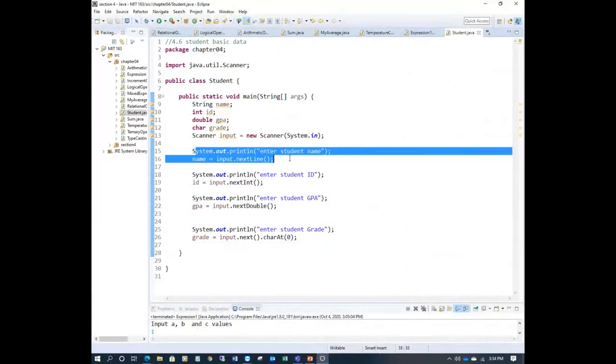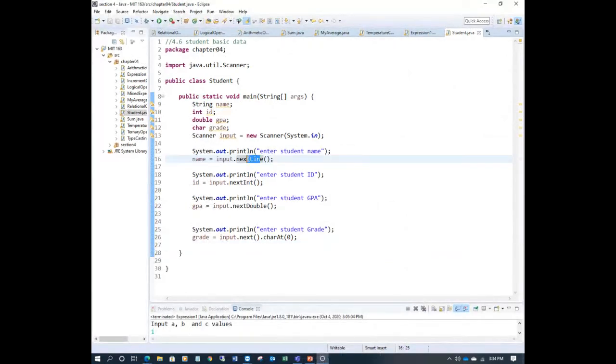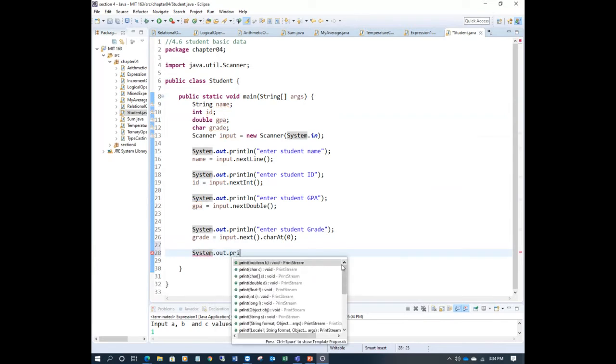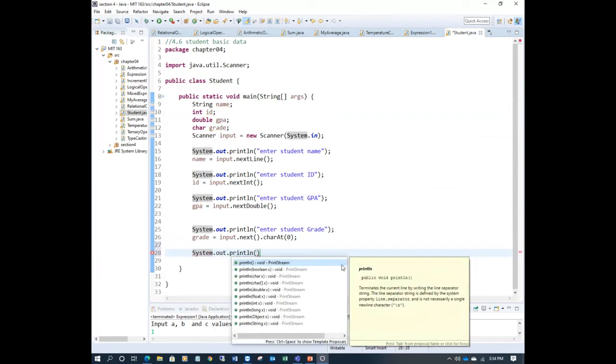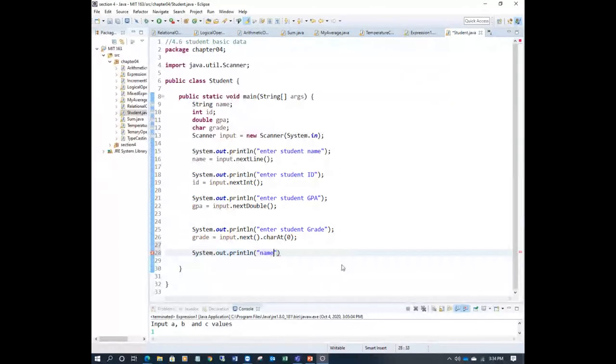See, name is a line of text, right? Next line, integer is ID. I declared it as integer ID. And GPA is double. And you can say here next char. This is the grade. So just now print it. Now we got it all and just print it. System.out.println. So you print it one by one. Okay. So I can say name,